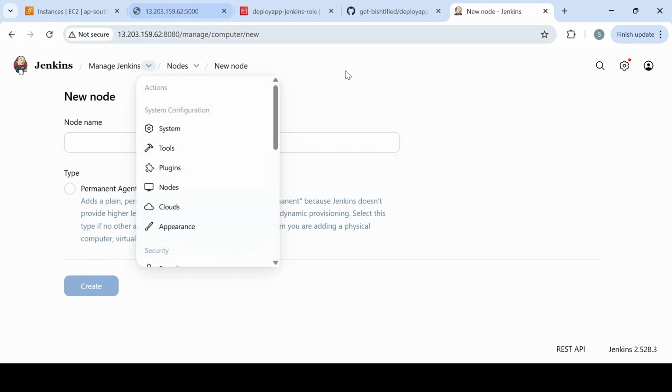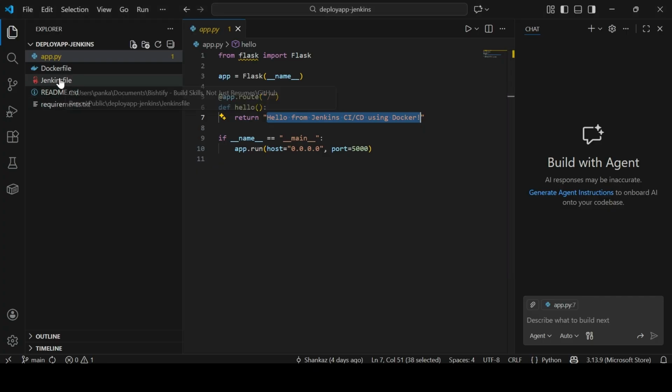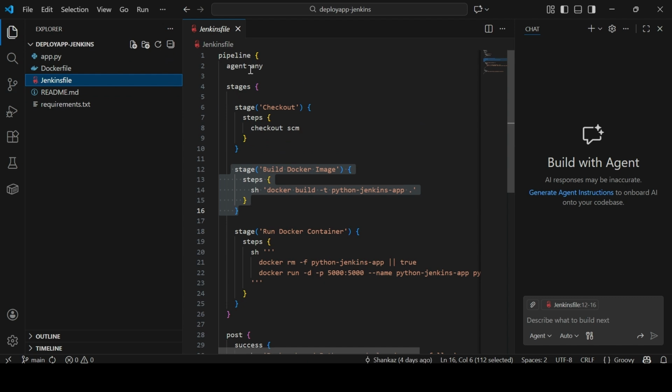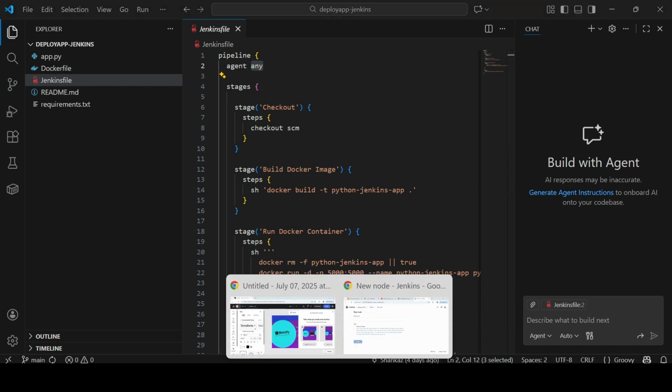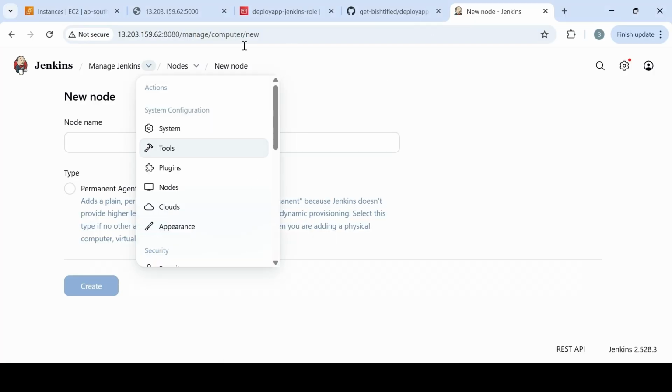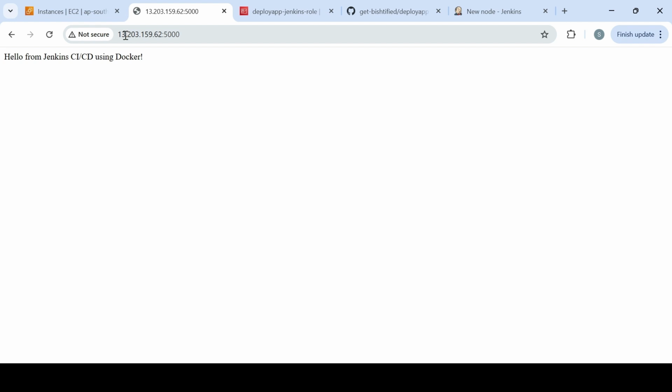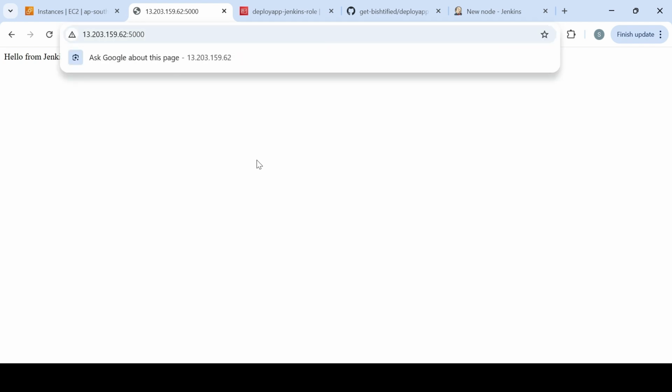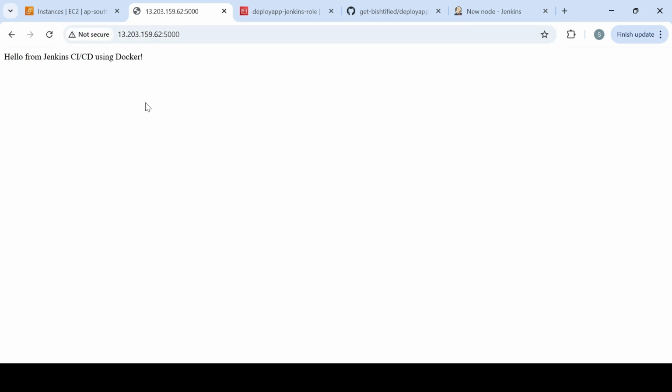Once it is done, you come back here on this particular Jenkins file, and on the agent any, don't say any, just put that node name here or label, matching label to it, and then the entire job will be executed on that particular instance, not on the master. And then you can try using the public IP and the port there. It will work, right? And now in my next video, we'll talk about how you can do it on EC2